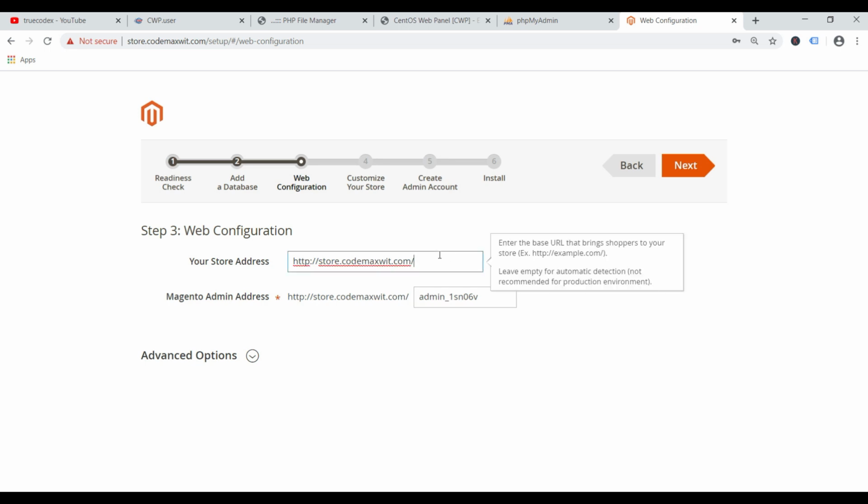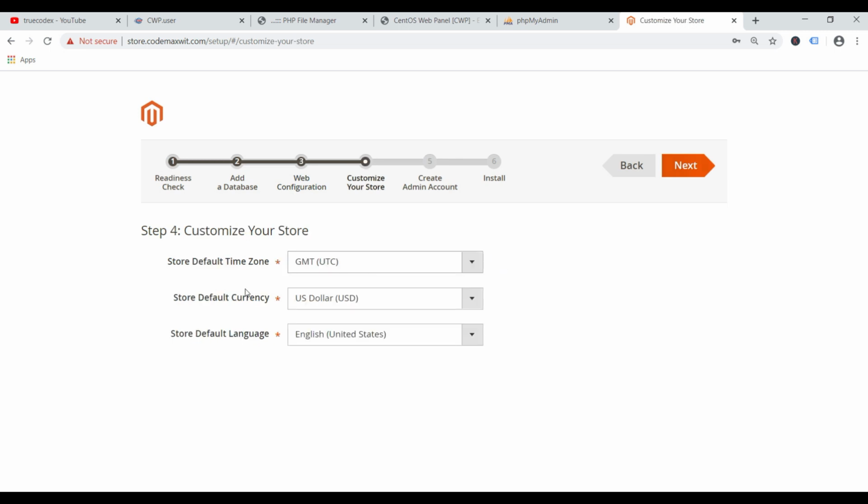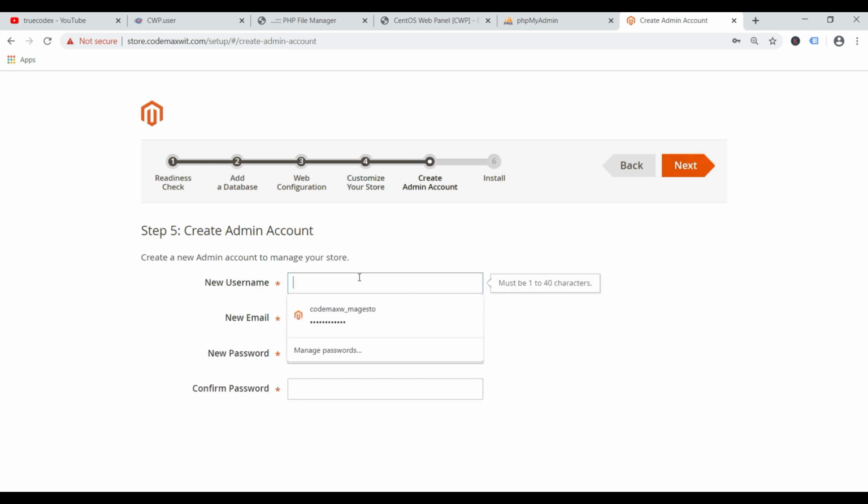Here you can see the store address and this is the admin address. You can make it easy and remove this, and next. Then there are time zone, currency and language settings, and click next and create the admin account. Admin.